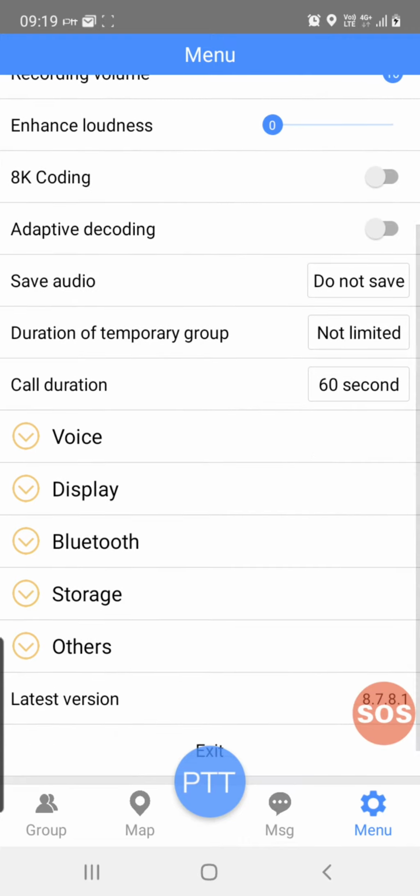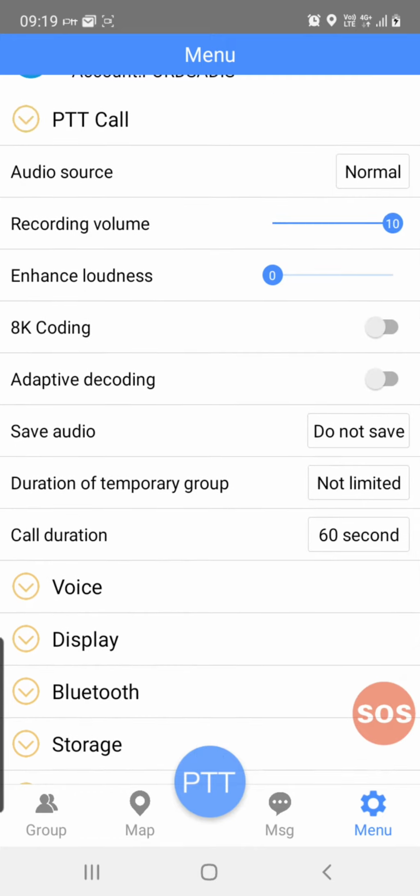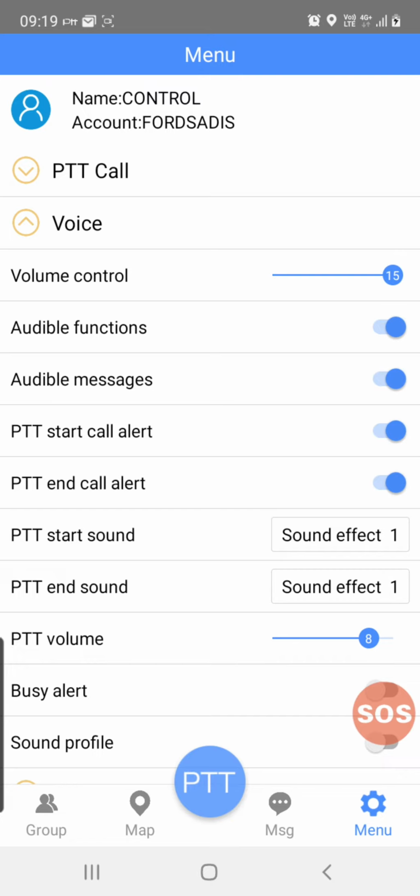The save audio: every time someone communicates to someone on your application, it can store that audio file onto your phone, so you can basically replay it and hear what's been said. Duration of temporary group, that you don't utilize. Great. Then the voice, if we click on voice, this basically just gives you different options that you can do